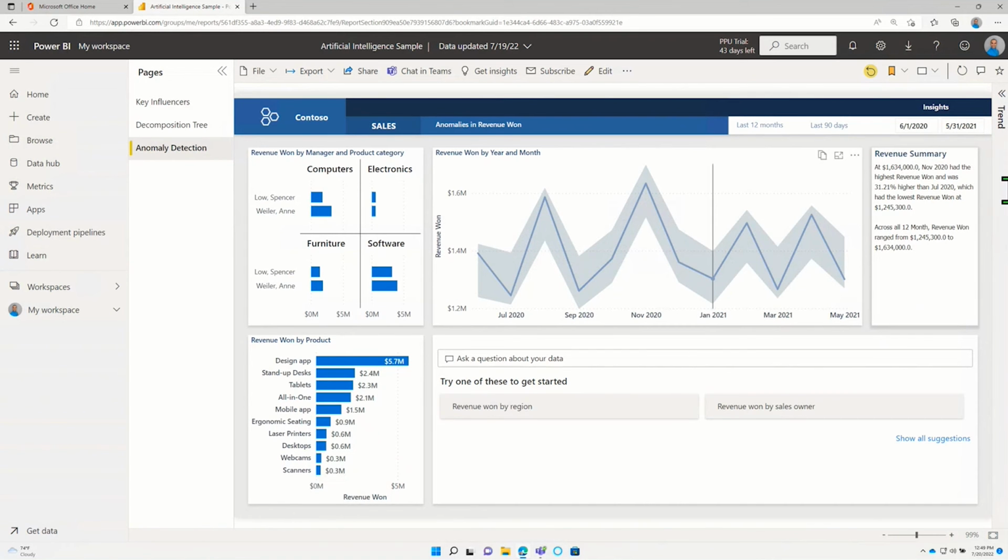I'm going to click anywhere outside of the page here, the visualization, to get back out of all that information. We're going to revisit the insights again in a little bit. All right, but back here on the report page, let's analyze our data to better understand why the sharp decline in software revenue for Spencer Lowe. So we have Spencer Lowe right here, and we want to understand why he has such a sharp decline in software revenue. So in the revenue won by manager and product category chart,